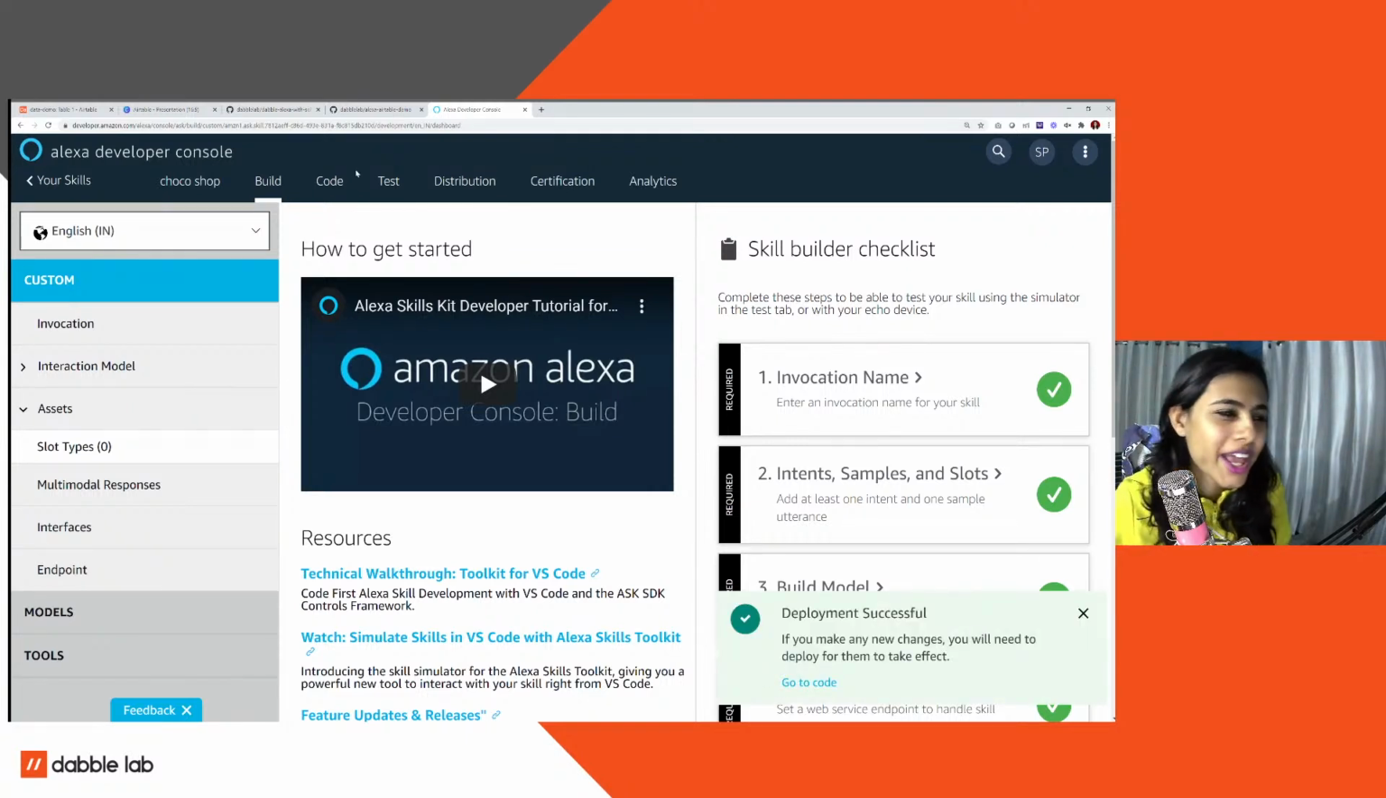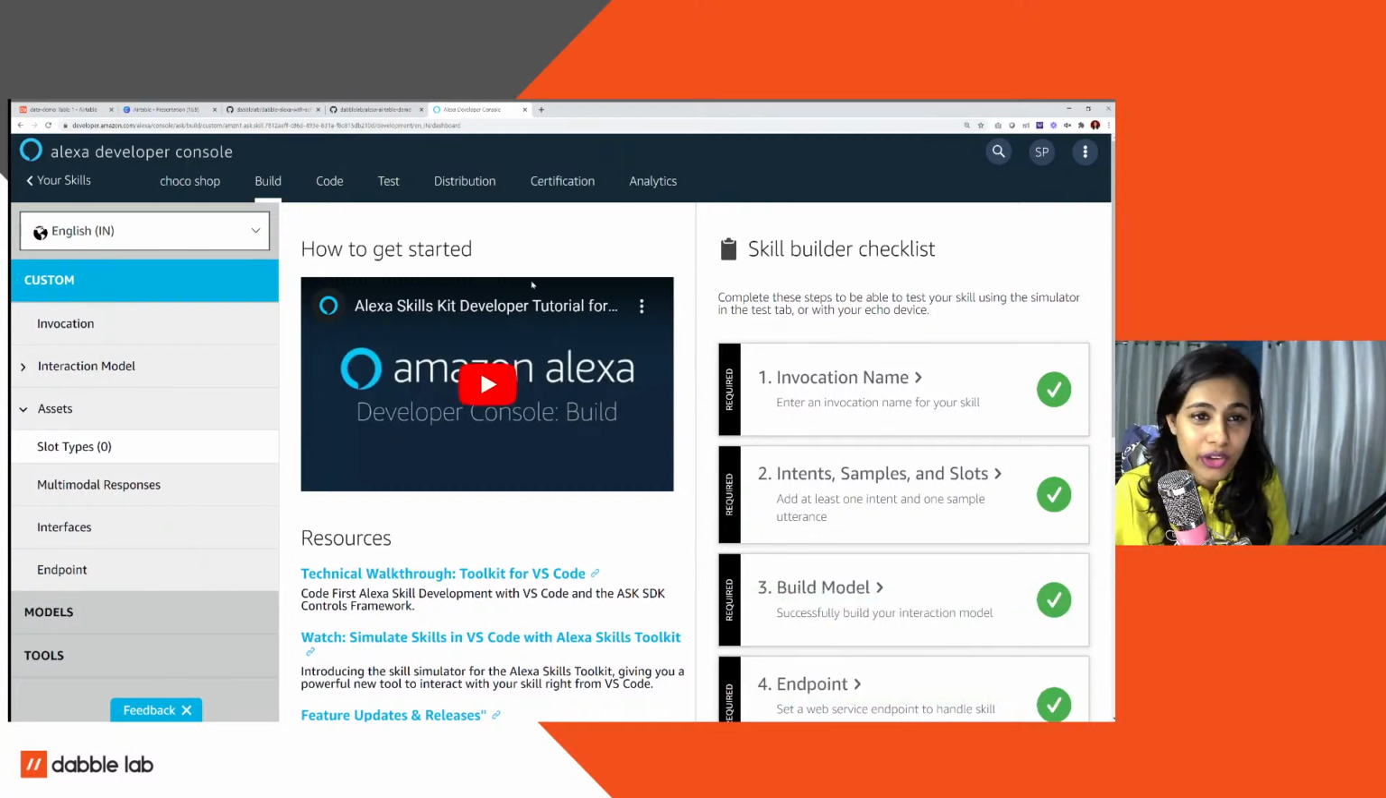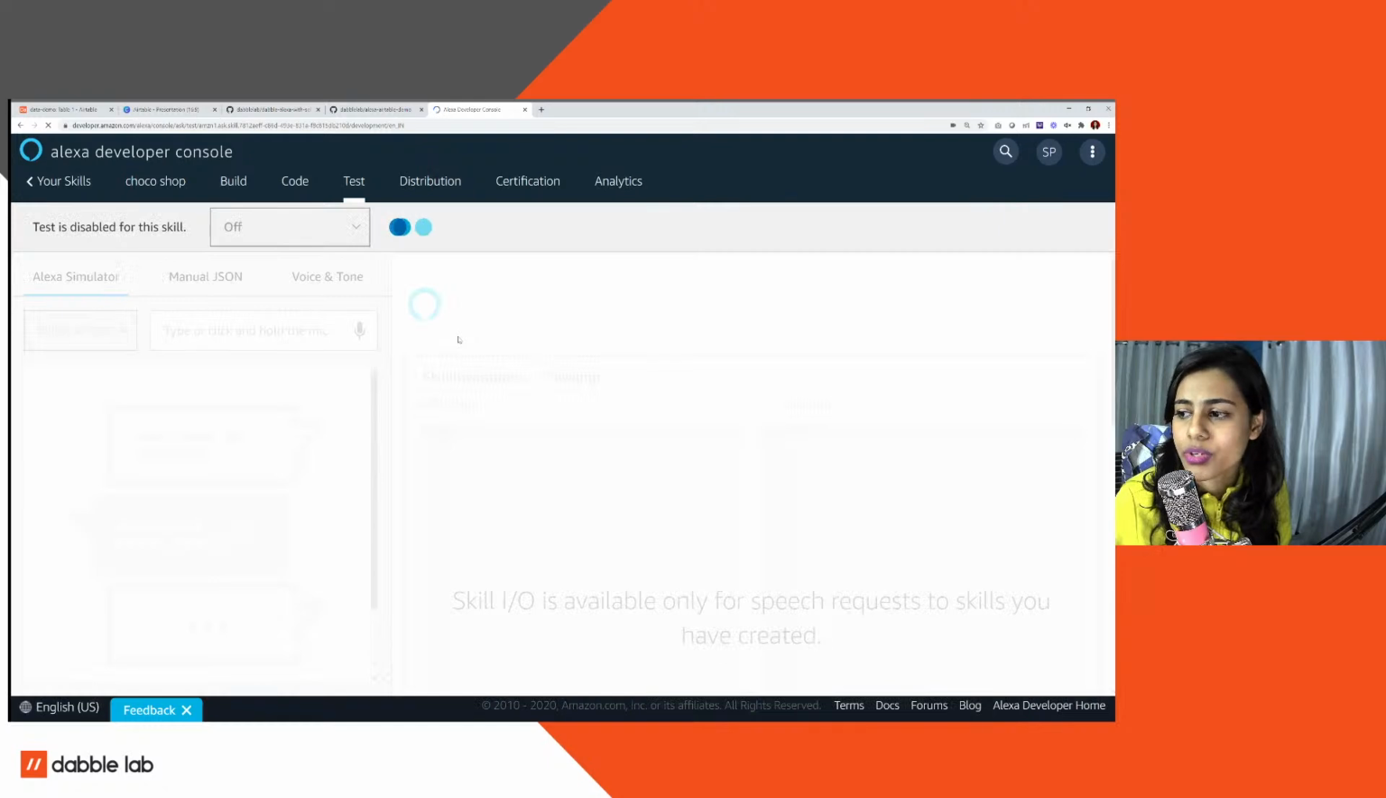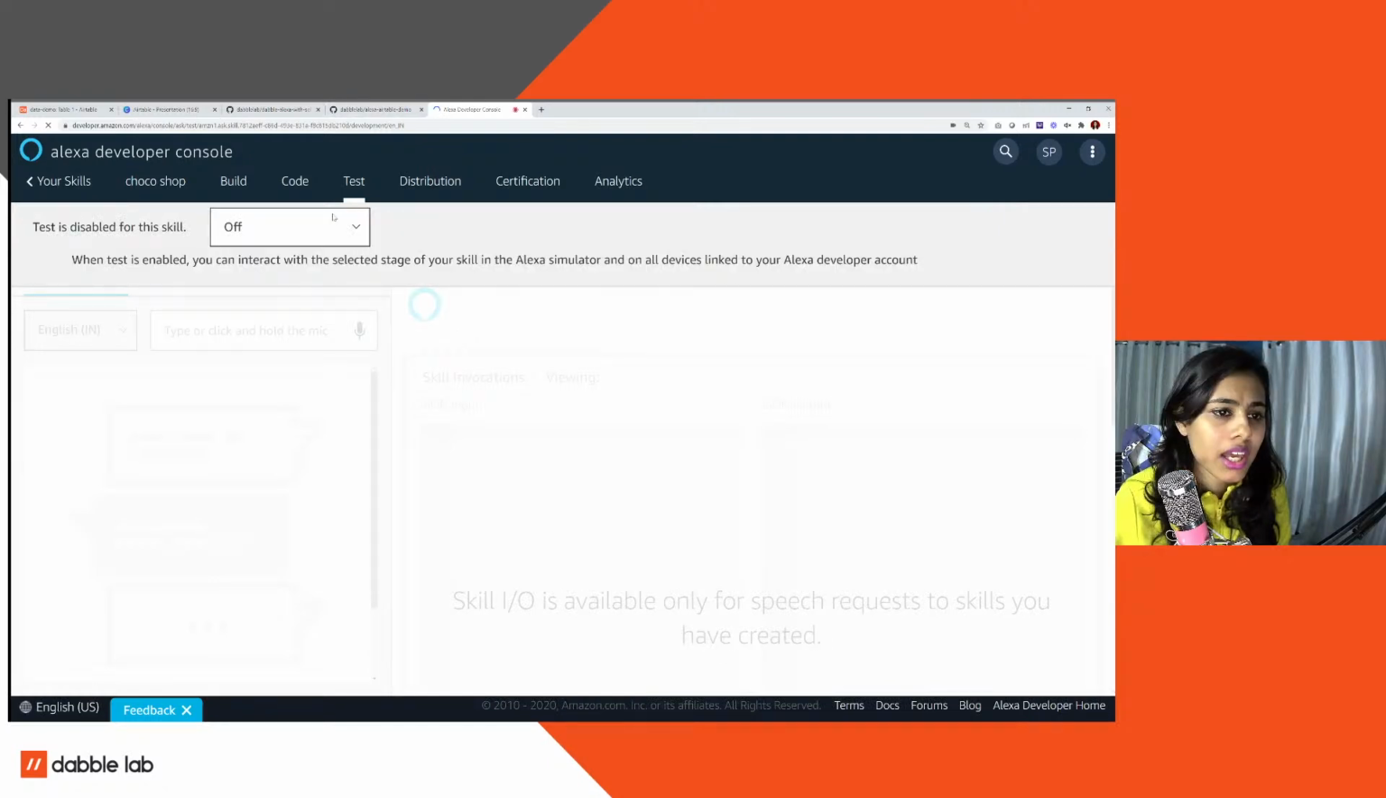Alright, so I think that's good that my template could just be deployed to our Alexa developer console. If you haven't done it yet, please do it. And after you do that, now we're gonna go directly to our coding section. So now if you go to the testing section, the one thing that is really missing in my template right now is I didn't